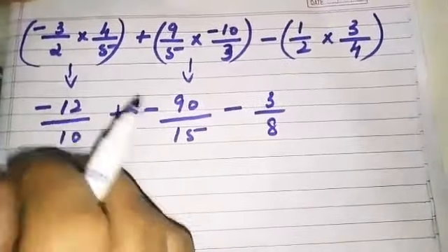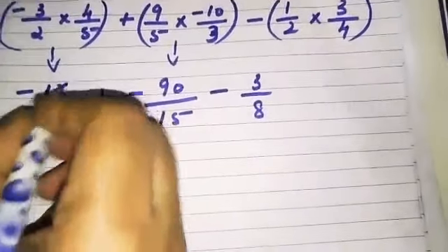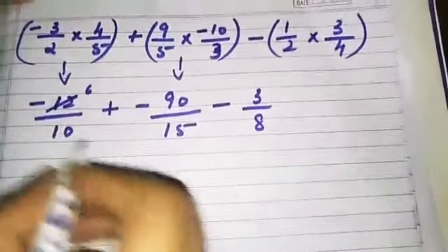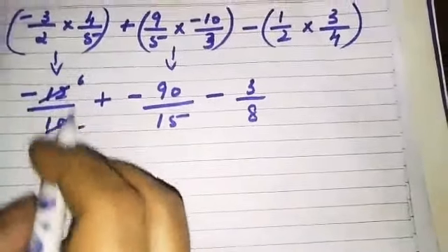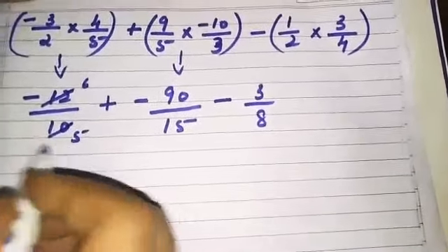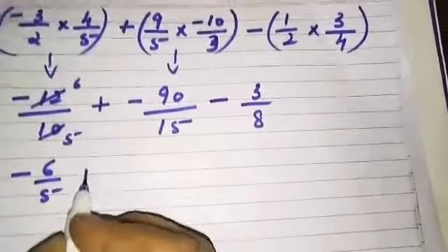So the common divisor for the first set of the first rational number is 2. So it's 2 times 6 gives me 12 and 2 times 5 gives me 10. So 2 is the common divisor which divides both of them. So I get minus 6 by 5. Then